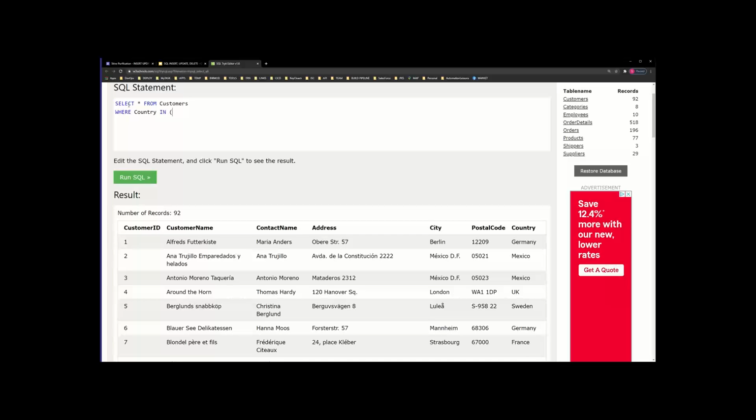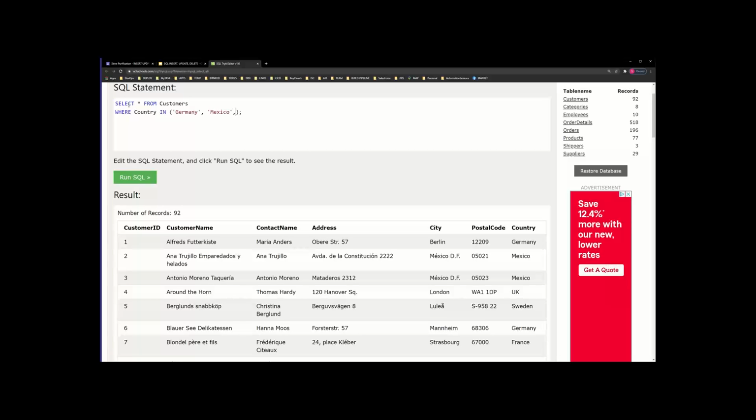Country in, and then open and close parentheses, and inside write Germany, with quotes, right? Yes, because it's a value. And then comma, Mexico,